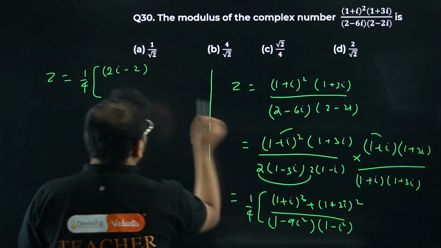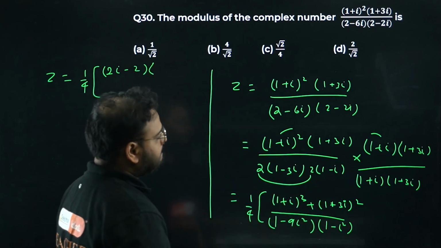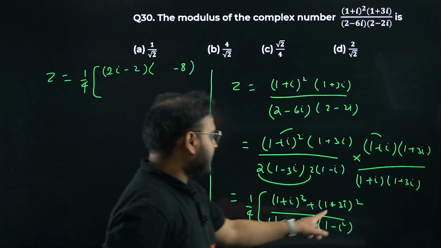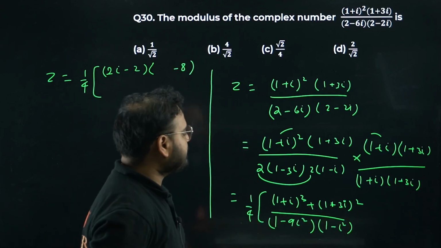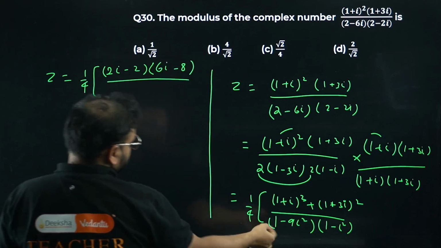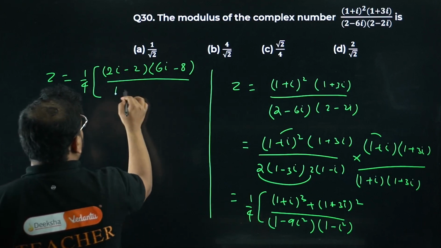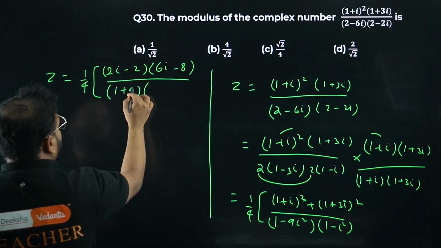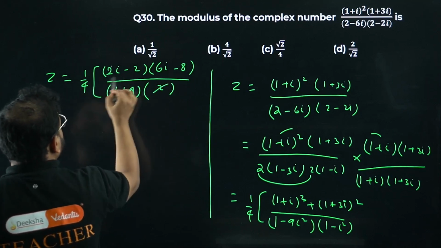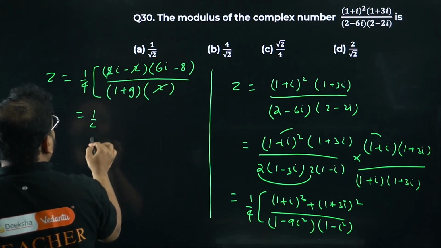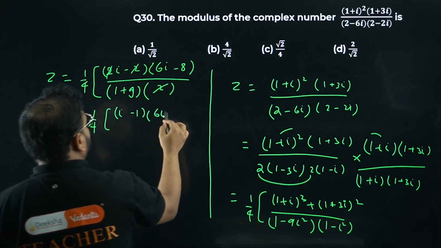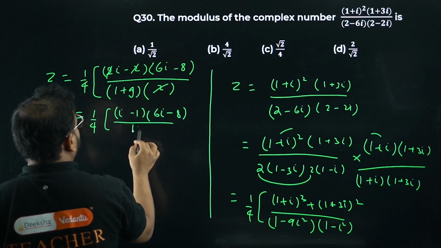What about this 1 plus 3i the whole square? For this part I'll have 1 over here, and then I have minus 9, so it will become minus 8, please check. It will become minus 8. 3i square will become minus 9, right? So minus 8, and we'll have 6i over here, divided by 1 minus 9i square, so it will become 1 plus 9. Okay, 1 plus 9, and for this part you'll have 1 plus 1, so basically 2. I can cancel this 2 with this. I have 1 by 4. Please check. I have i minus 1, and I have 6i minus 8 divided by 10, right?